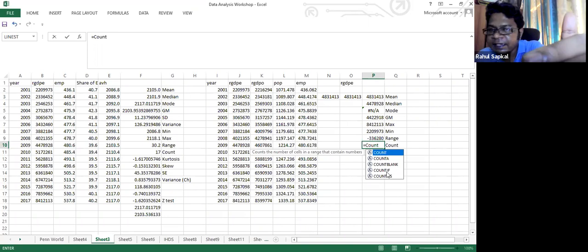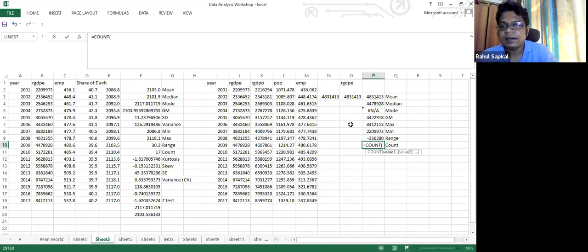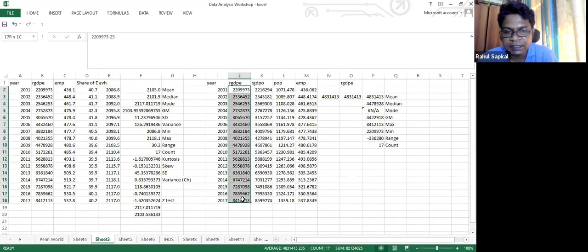But since it is time series data, we don't have that much variation within the data, so we will be using only count. It will ask what is the value, and then you put the value in range. It is showing a total of 17 counts in my data.